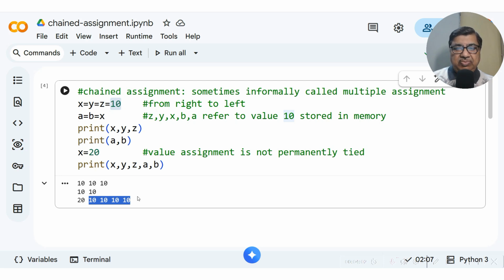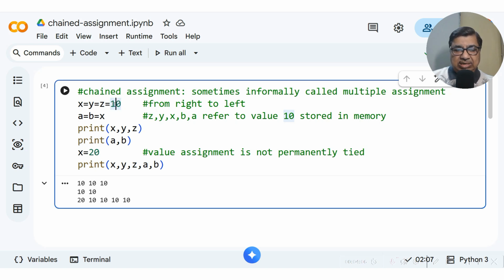Imagine there was a box, a container with value 10, suppose 10 items were kept there, and there were labels Z, Y, X, B, A on that. Now there is another container where we have put 20 items. We have removed the X label from the first container and put that label on the other container. That is how you should understand it.